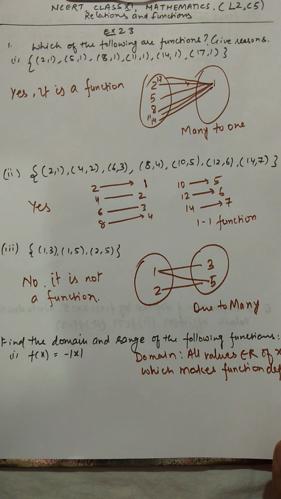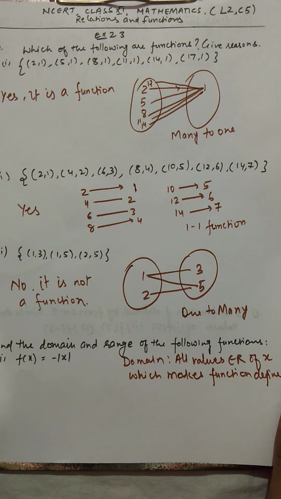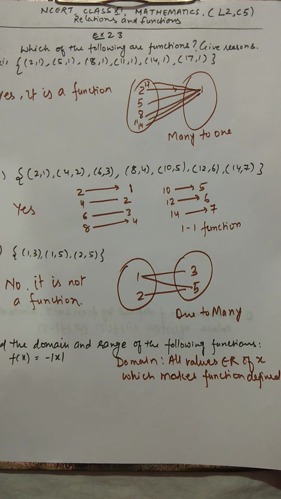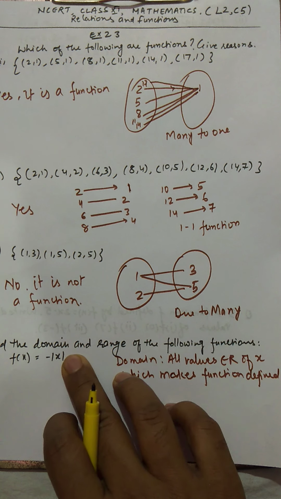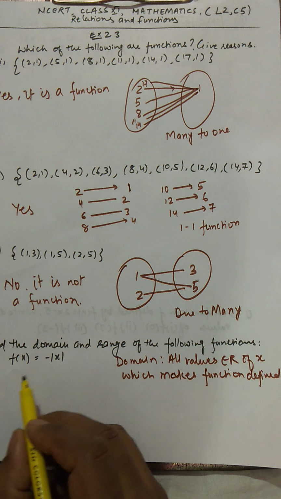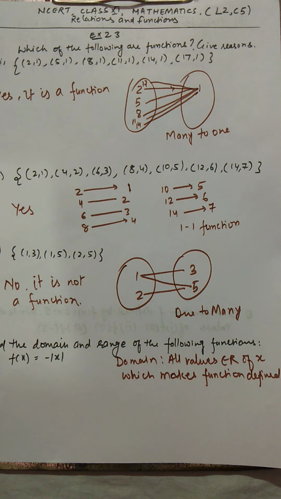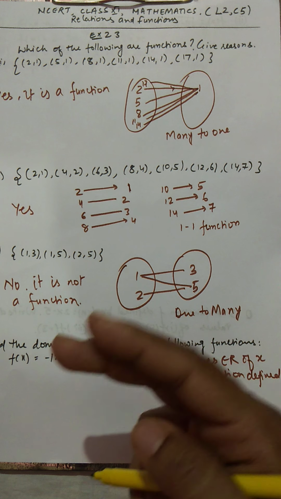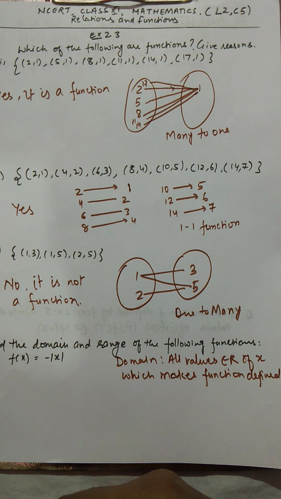So you can see this function, all x you can put here, because there is no value of x that, if you put into this modulus of x, will make it not defined. You can take one more example. You should always see what is in the denominator. You will get two kinds of problems. First, for the square root, there should always be positive values. And second, a function in quotient form, meaning some value of x in the numerator and some value of x in the denominator.